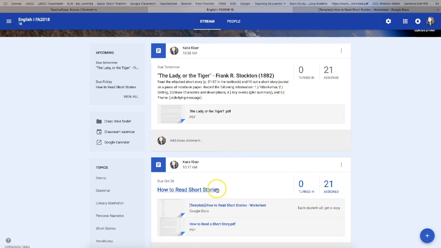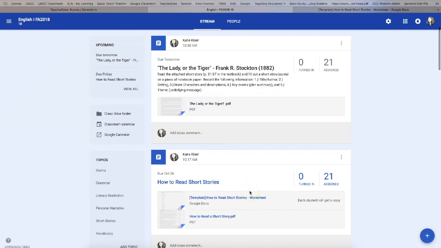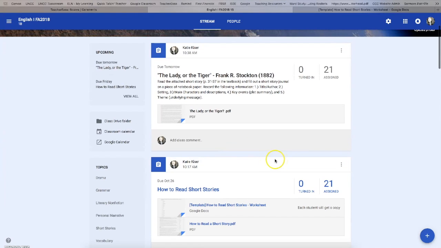So your first assignment is to complete this How to Read Short Stories assignment. It is due by Friday. We are going to talk about it on Wednesday or Thursday, whichever day I have you this week. So be prepared for that. And these terms are just going to help us fill out our discussion when we talk about stories that we're reading. So the second thing that I need you to do today is to read the entire short story,